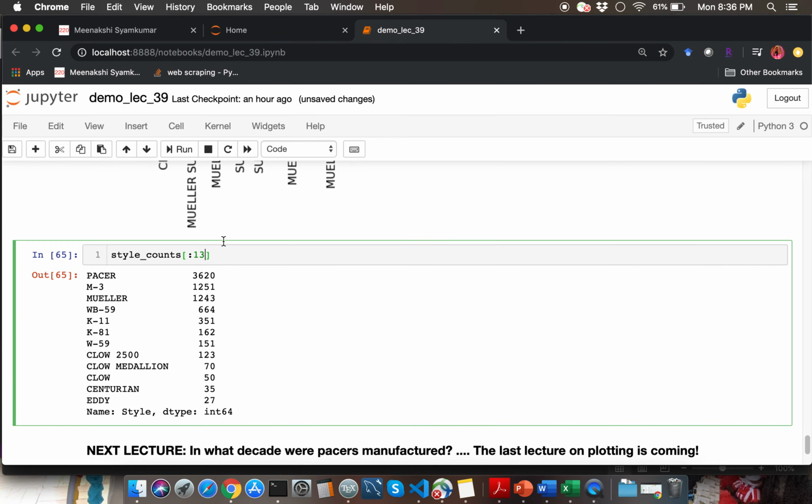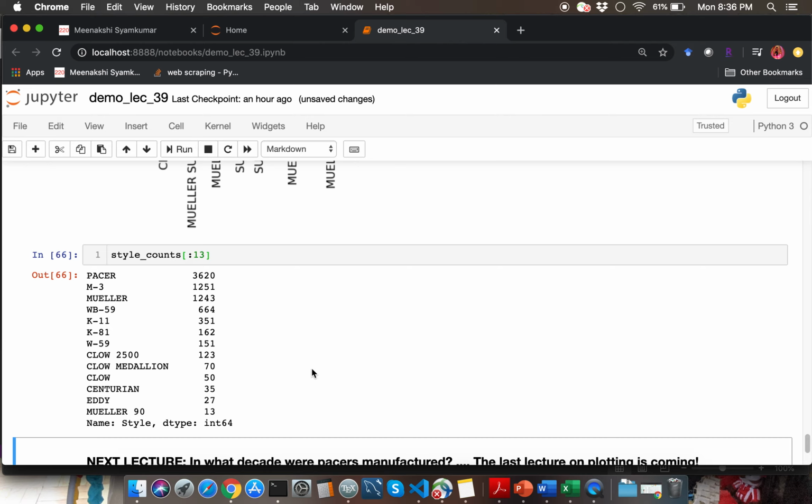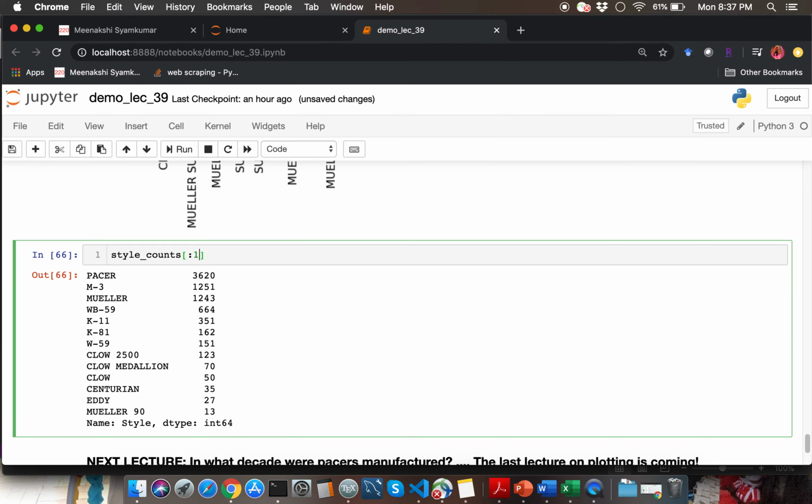Let me do 13 and then we'll see. All right, I'm just going to stop at first 12 over here. You can vary this however you want. So I'm going to keep my bar plot to have 12 bars for the first 12 styles, the top 12 styles, and then the rest of the count is going to go into my other bar column,